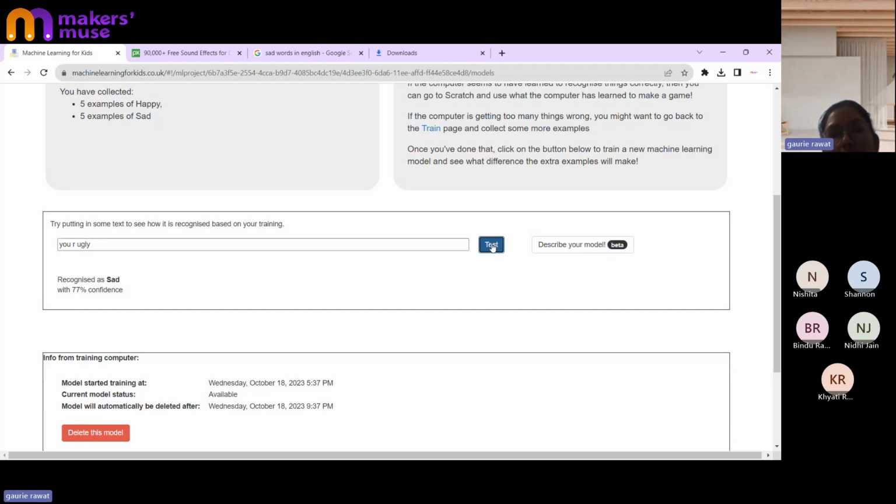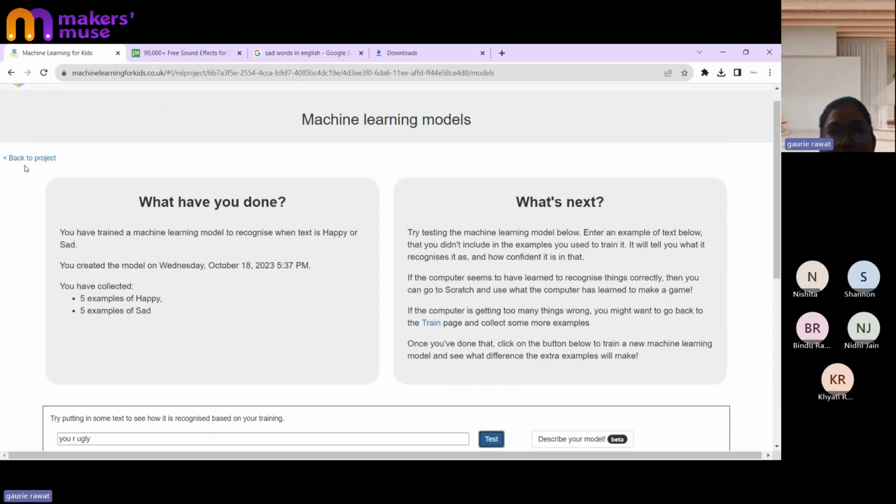it's a sad word. So earlier, if we go back in time, in order to detect a sad sentence, we needed to compare each and every sentence with the help of if else. But with the help of machine learning, even though we have only some words over here, I can compare the sentences like this. So this is how machine learning plays an important role.